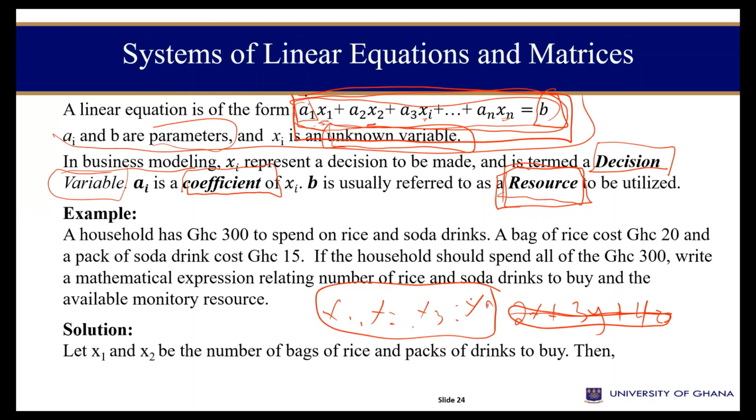So let's read the question clearly again. A household has 300 cedis to spend on rice and soda drinks. A bag of rice costs 20 Ghana cedis, and a pack of soda also costs 15 cedis. If the household should spend all the 300 cedis, you are asked to write a mathematical expression relating to the number of rice and the number of soda drinks to buy. Ladies and gentlemen, if you have such a problem like this, the first thing